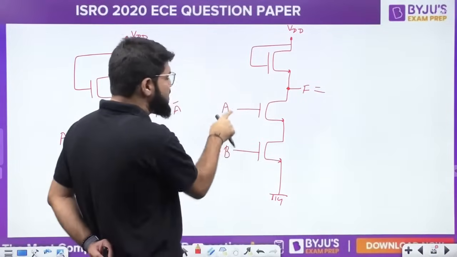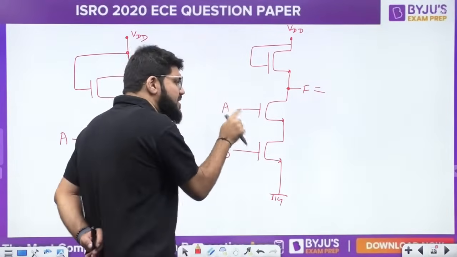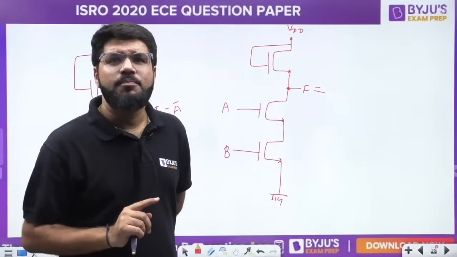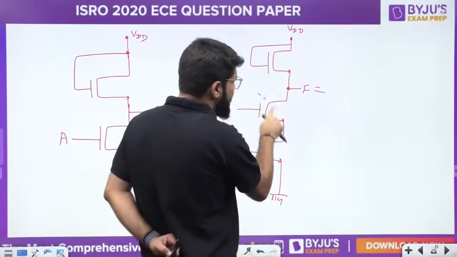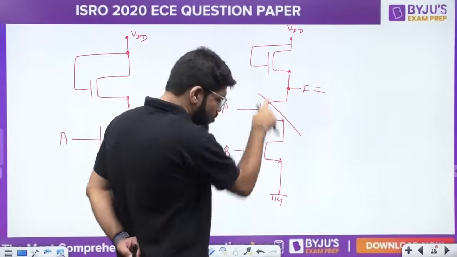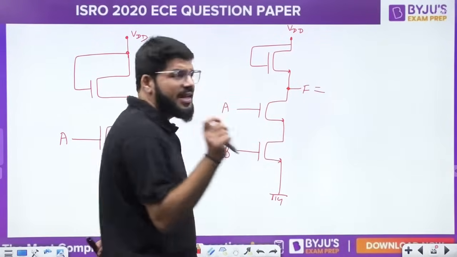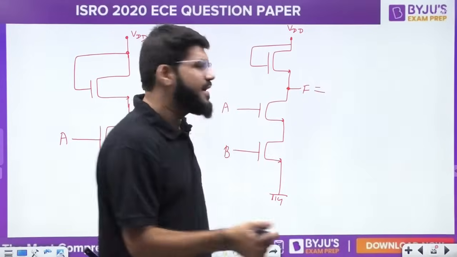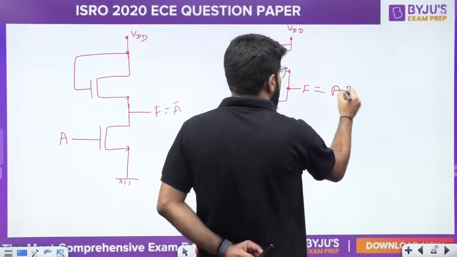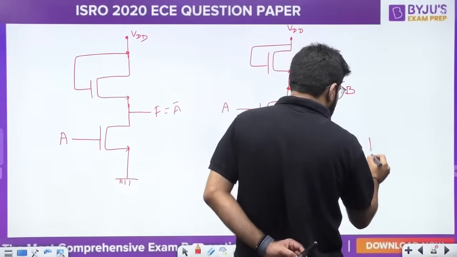But if any of the switch is open, that means if any of the input is 0, the path is disconnected, and there is no current flow. So whatever is the logic 1 will appear and output will be high. So whenever any input is 0, output is high. Okay, NAND gate. This is what NAND gate is. AB whole bar, right? Similarly,